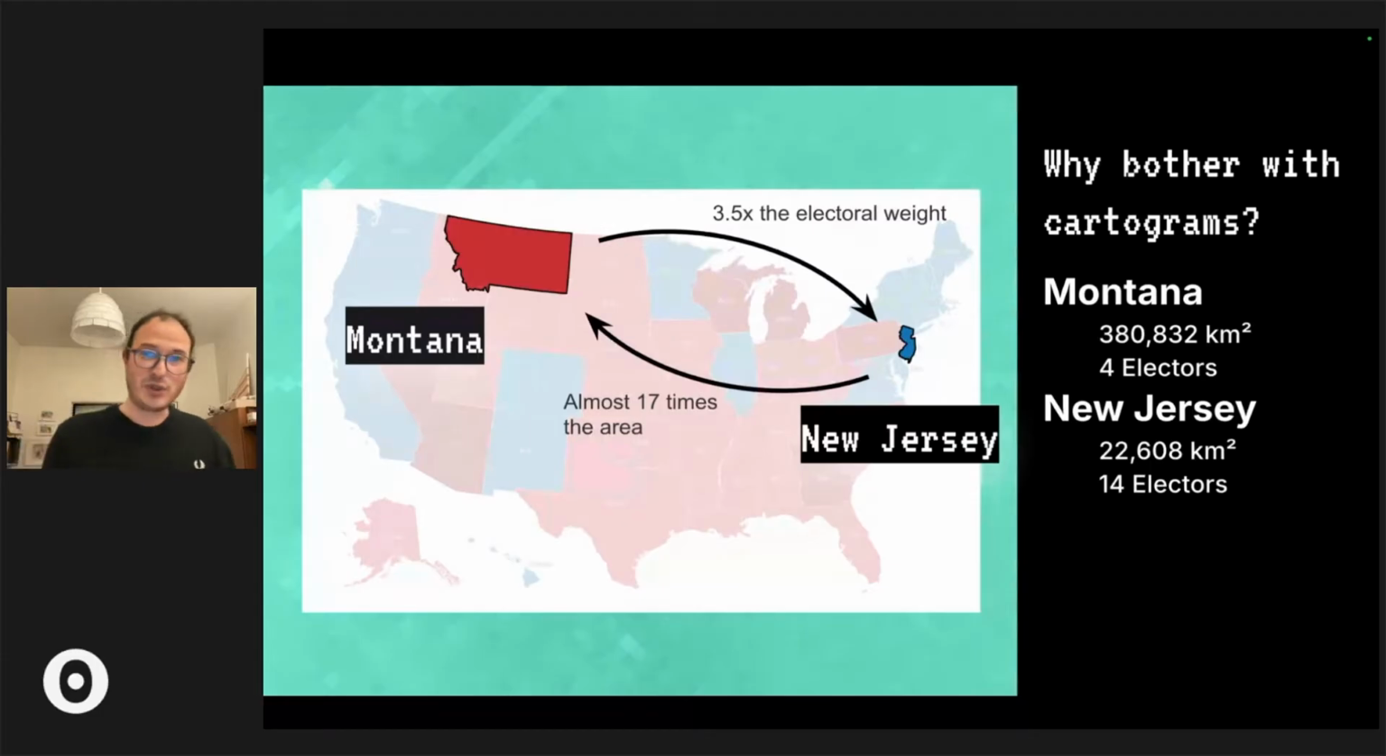Montana has only 4, whereas New Jersey has 14. So within the election, New Jersey is much more important than Montana. Although when you look at the traditional map, your brain associates more importance to Montana because it's visually more important. The area that you see is larger for Montana. So your brain is tricking your interpretation, and that's why